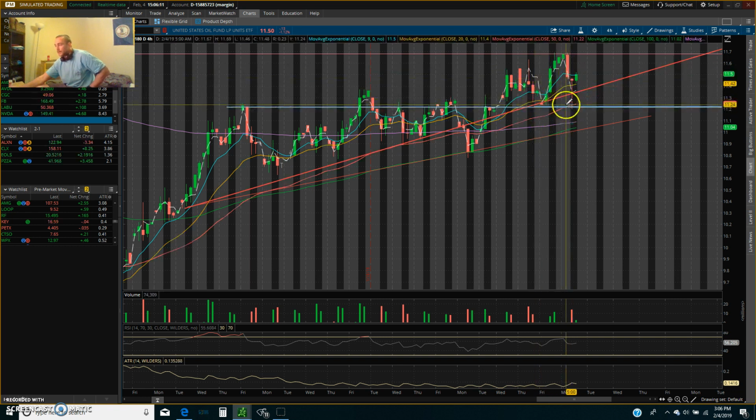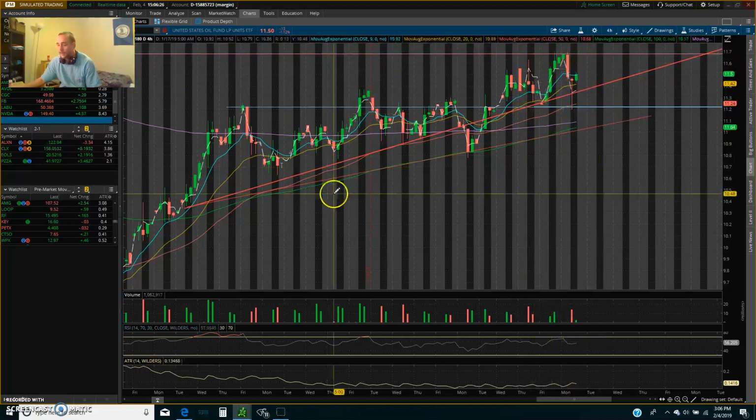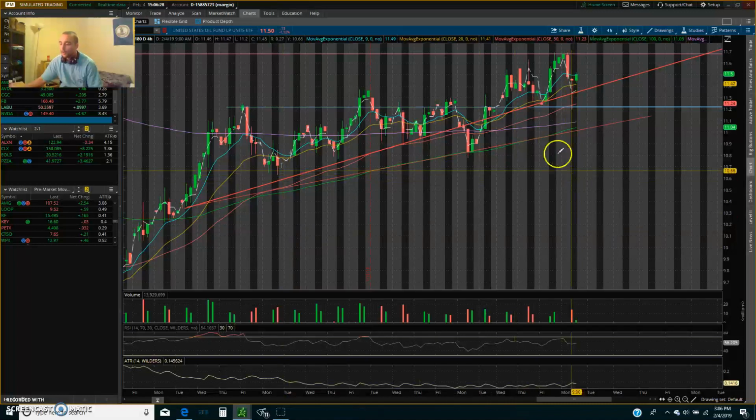I bought right here most of my position, and I thought about adding, but another thing is this is highly institutionalized. This is oil. It's traded by big banks, so that's why it's dropping like this so much. And options decay over time. I don't want to hold my contracts if it's just going to chop, but I'm still holding the same contracts. I'm about break even right now on those.